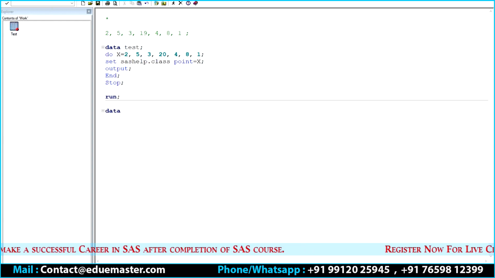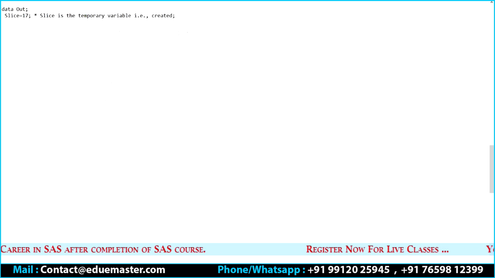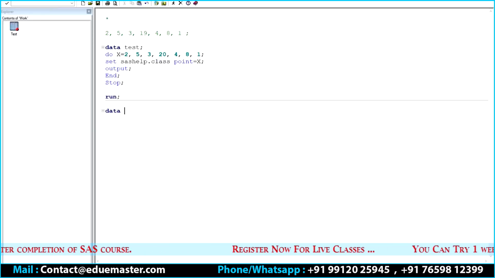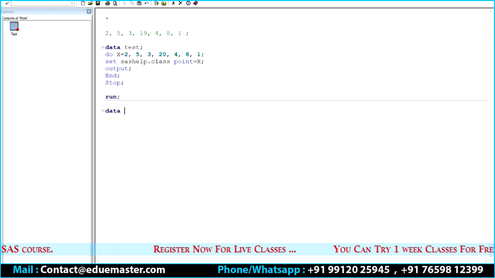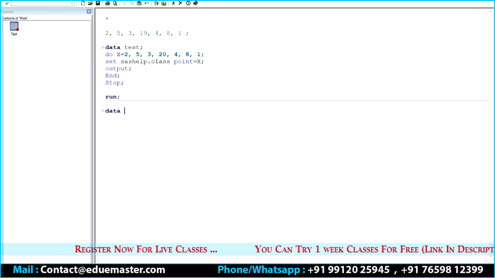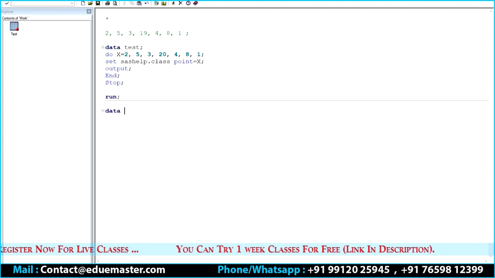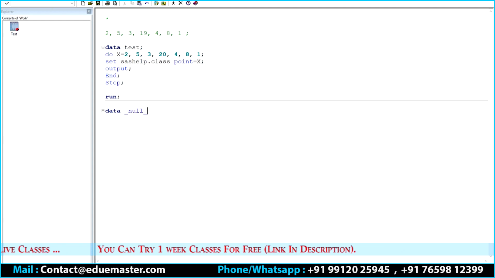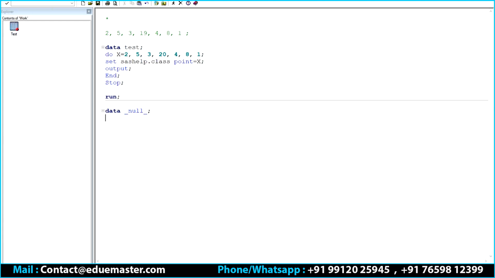See, data. Since here you want to know the information, for this purpose we need not create a data set. We can save our system memory, optimizing the resources. So write here _null_. What this _null_ will do is, without creating the SAS dataset, it will execute the program and display whatever information you want in the log window. Okay. Now data _null_; set sashelp.class;